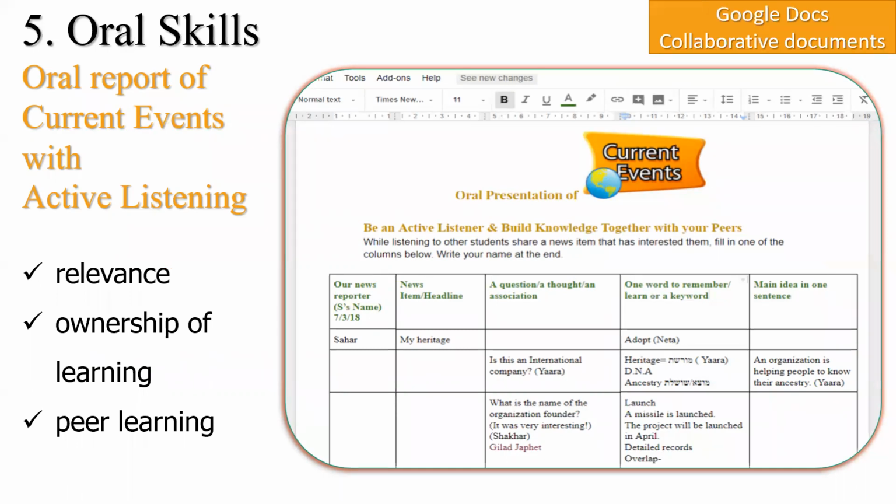Okay, for oral skills, for relevancy, I've always had students also when being in schools, have students report on current events, okay, and learn and build vocabulary this way. But what is important about this is to encourage active listening, not to have students talk and talk and talk, and then how do you know that they are learning? How do you know that they are listening? So I would use again Google Docs for this